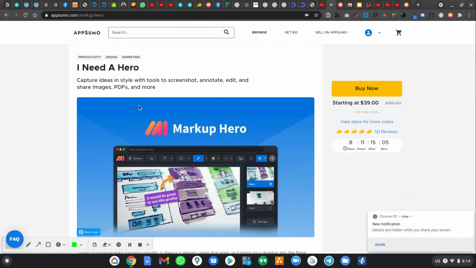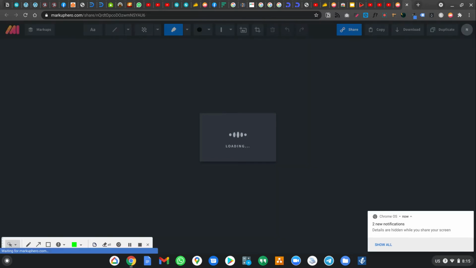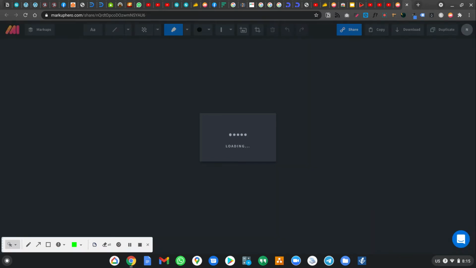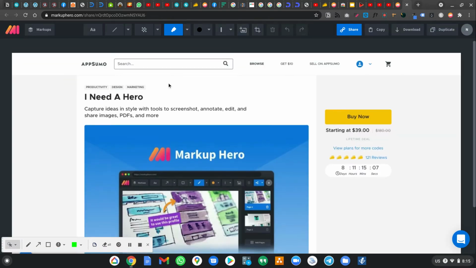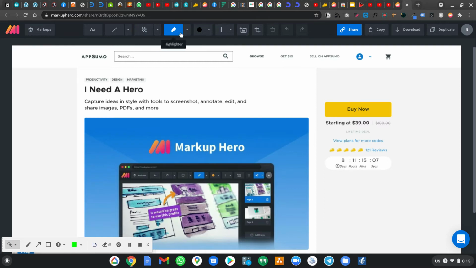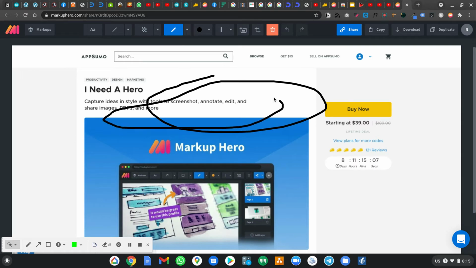The screenshot will be taken and you will be taken directly to Markup Hero, where you will see the screenshot and can annotate it using these tools. Anything you annotate directly gets saved.